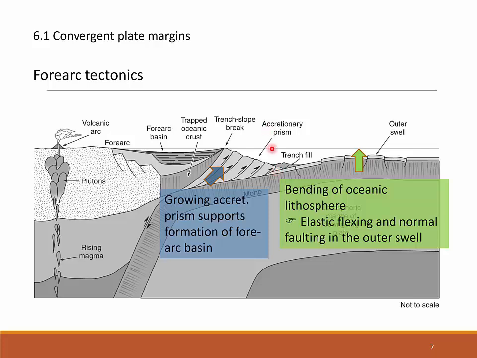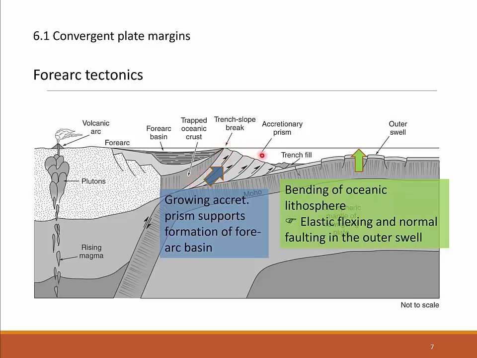This can create the accretionary prism, which can reach a substantial size and dimension, and very often these pushed up, semi-consolidated sediments might reach a height that comes close to the sea level, as we see here. From the slope of the accretionary prism, often turbiditic sediments are mobilized and they can accumulate as trench fill, as we see here. The accretionary prism also forms an important function in the creation of forearc basins, because we see